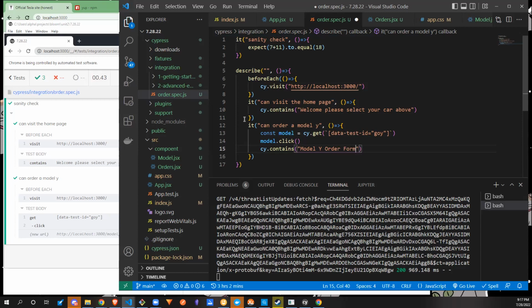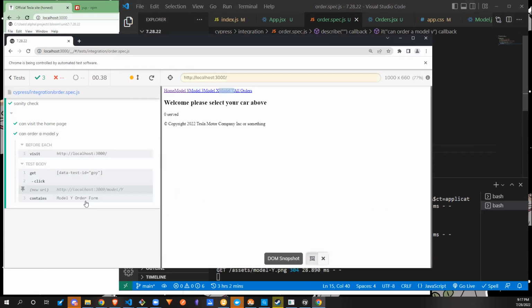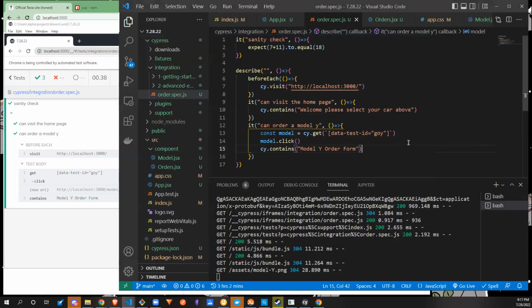So we're looking to see if it contains the Model Y order form down here in the bottom, and it does. So we can just hover on it and it sees that there's an order form there. What we might also want to do is check to see if this button is disabled, right? So if we do a